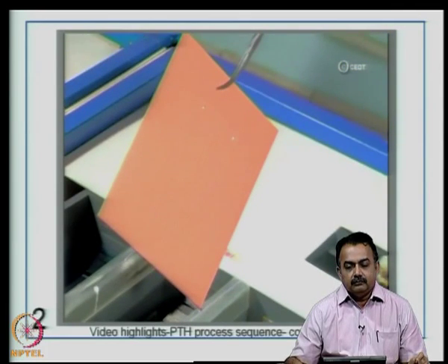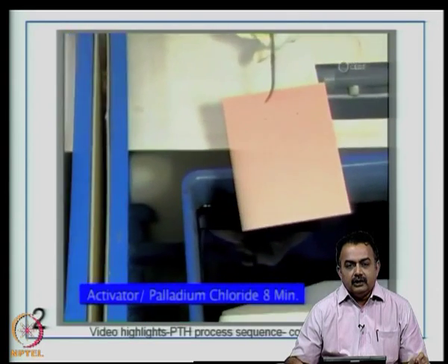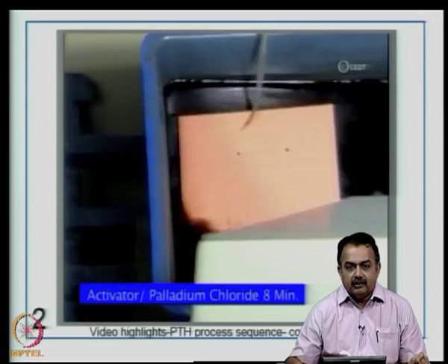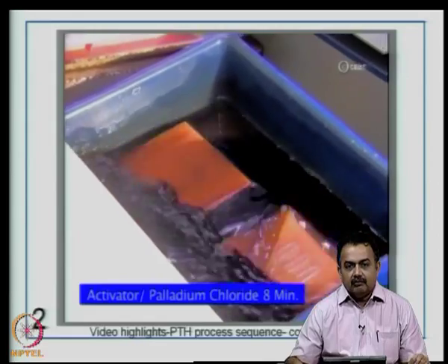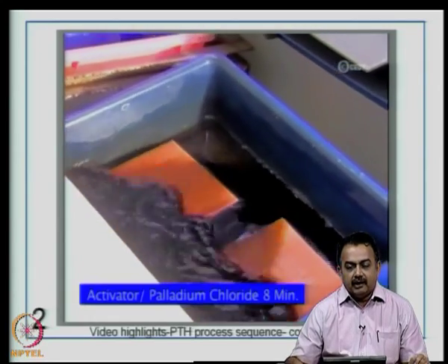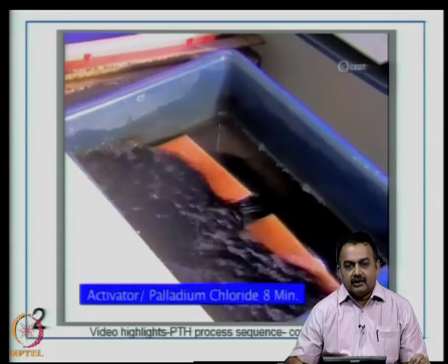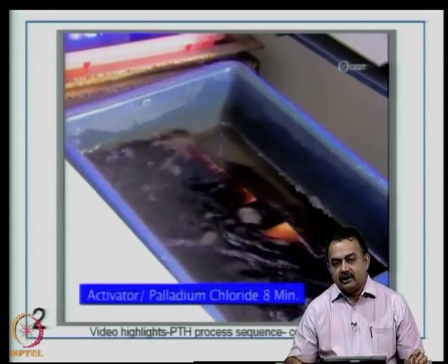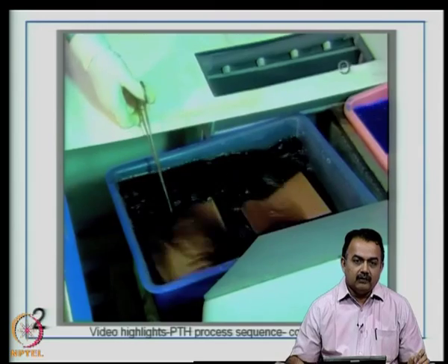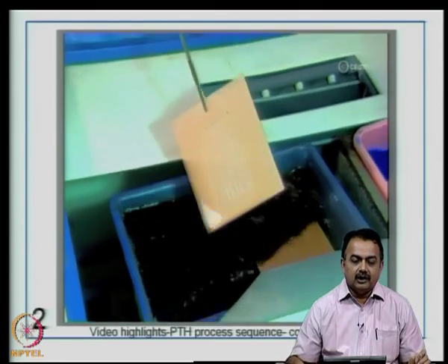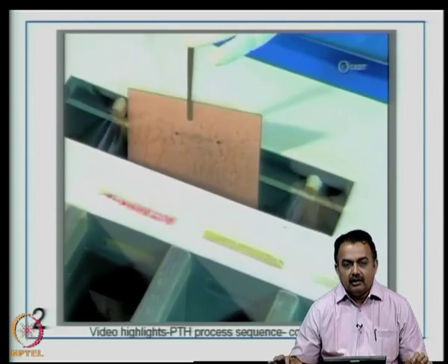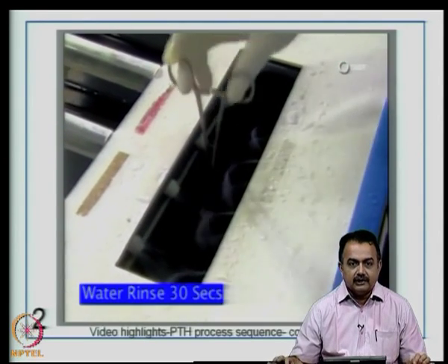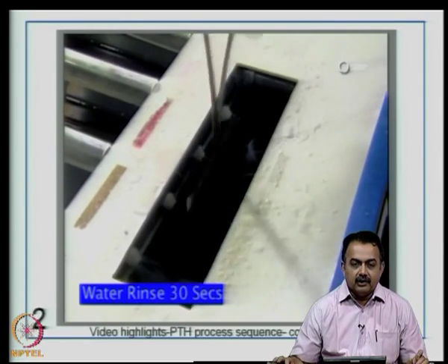Then this is now introduced into the activator or the catalyst, palladium chloride. This is for a fairly large time. Now, what we are showing here is a simple lab type prototyping, but in practice you will see huge tanks in which these panels will be loaded with jigs and then introduced into the palladium chloride solution. So, here time is very important, agitation very important, wetting of the surface is very important. Now, you follow it with a cascade rinse typically, but what we are showing here is a spray rinse,